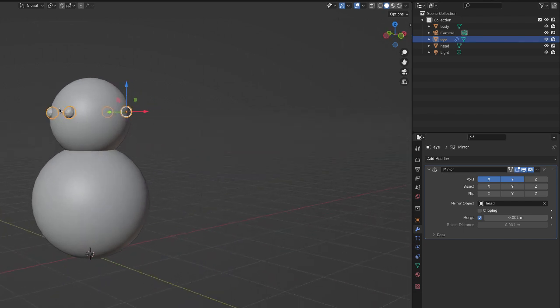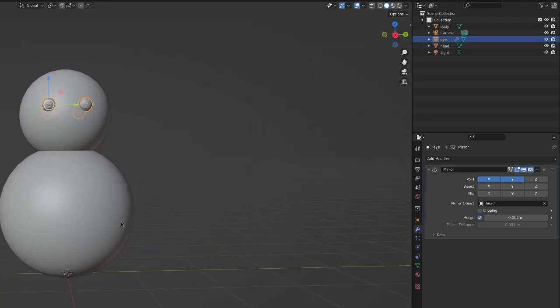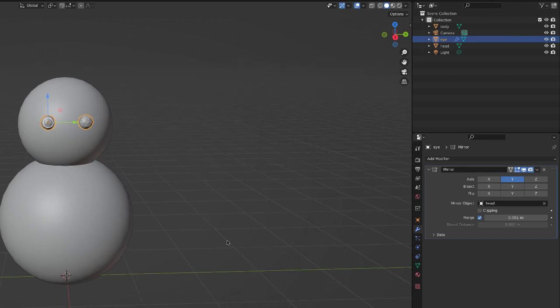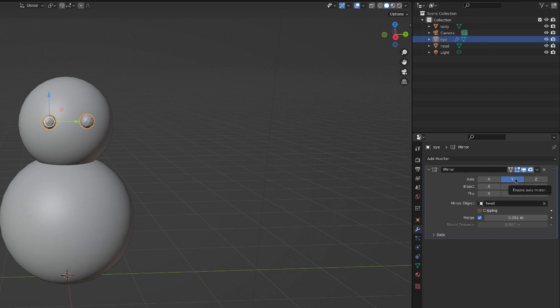We still got the two eyes in the back, right? So we want to disable the x. All right, so that's cool. Now we got two eyes where they're supposed to be. Now notice, because I just arbitrarily chose the x-axis to be the front, so I chose it to mirror